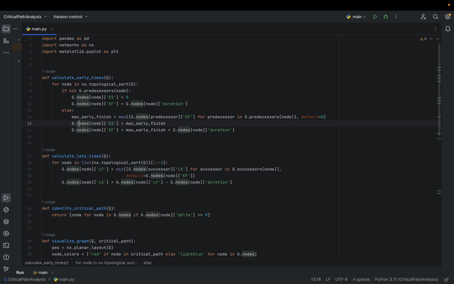This gives the early times. So earliest start will be the maximum of the predecessors' earliest finish times. For the first node, we will initialize it with the duration. For other nodes, it will be calculated recursively. Okay, so these earliest start and earliest finish times we can retrieve from the above